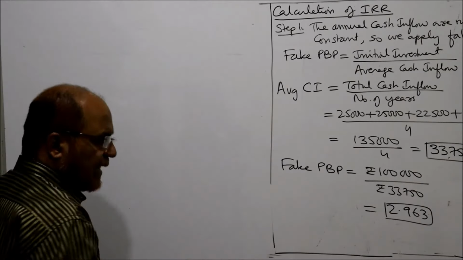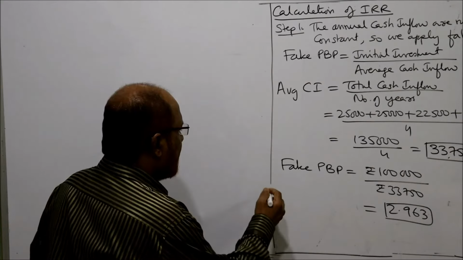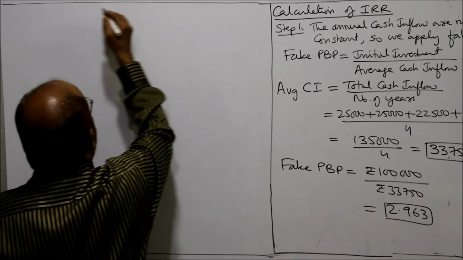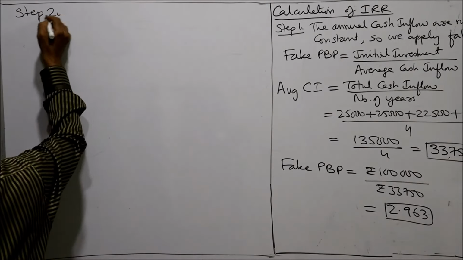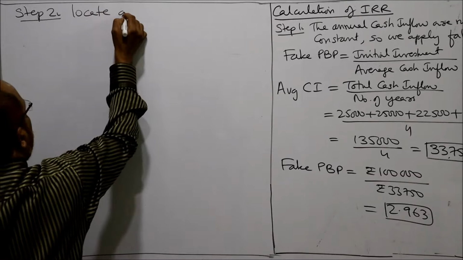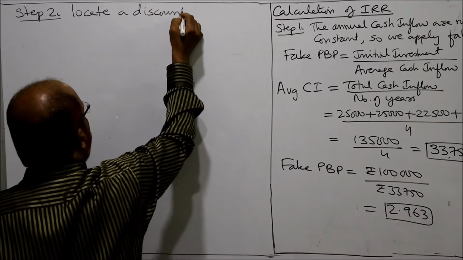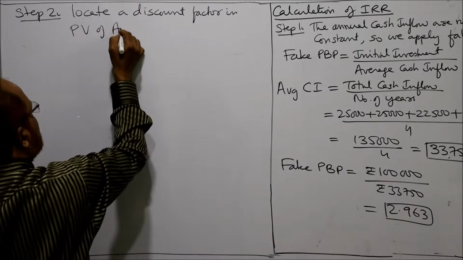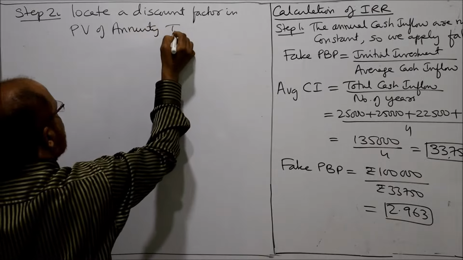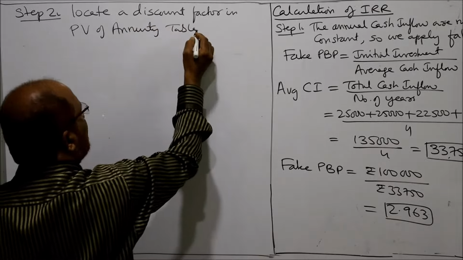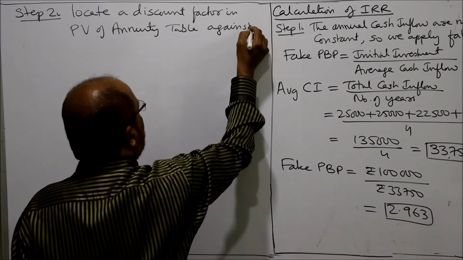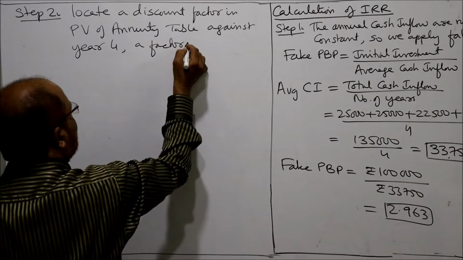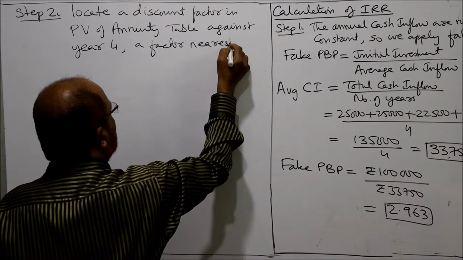After calculating this fake PBP, now the next step is step 2. Locate a discount factor in PV of annuity table. In PV of annuity table, against year 4, a factor nearest to